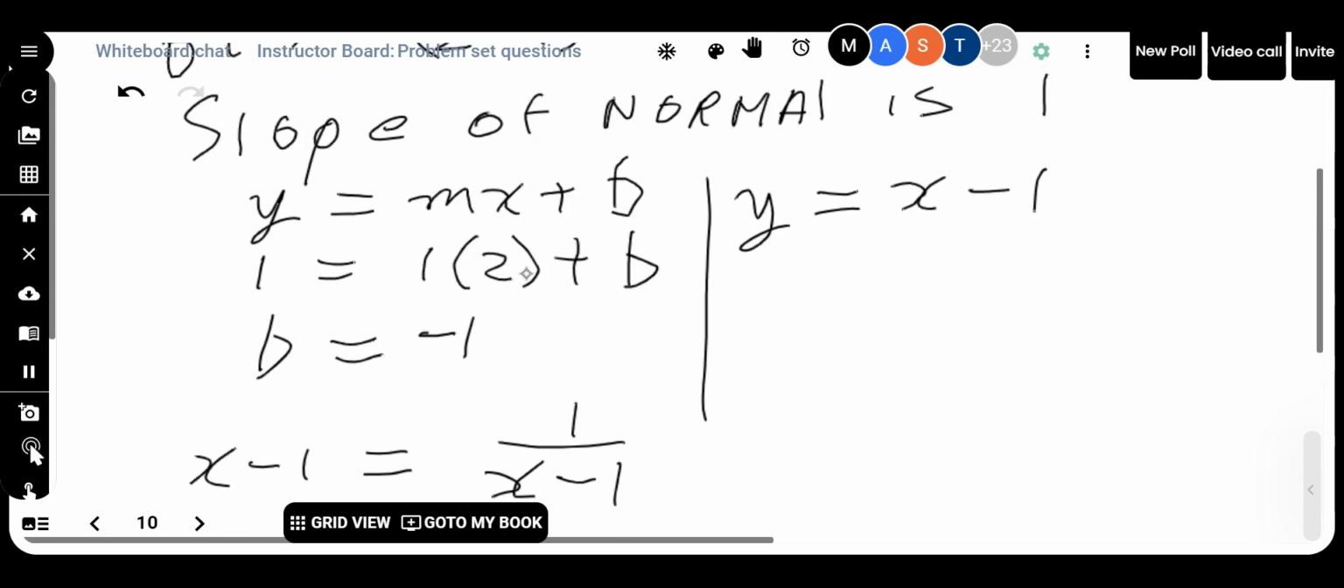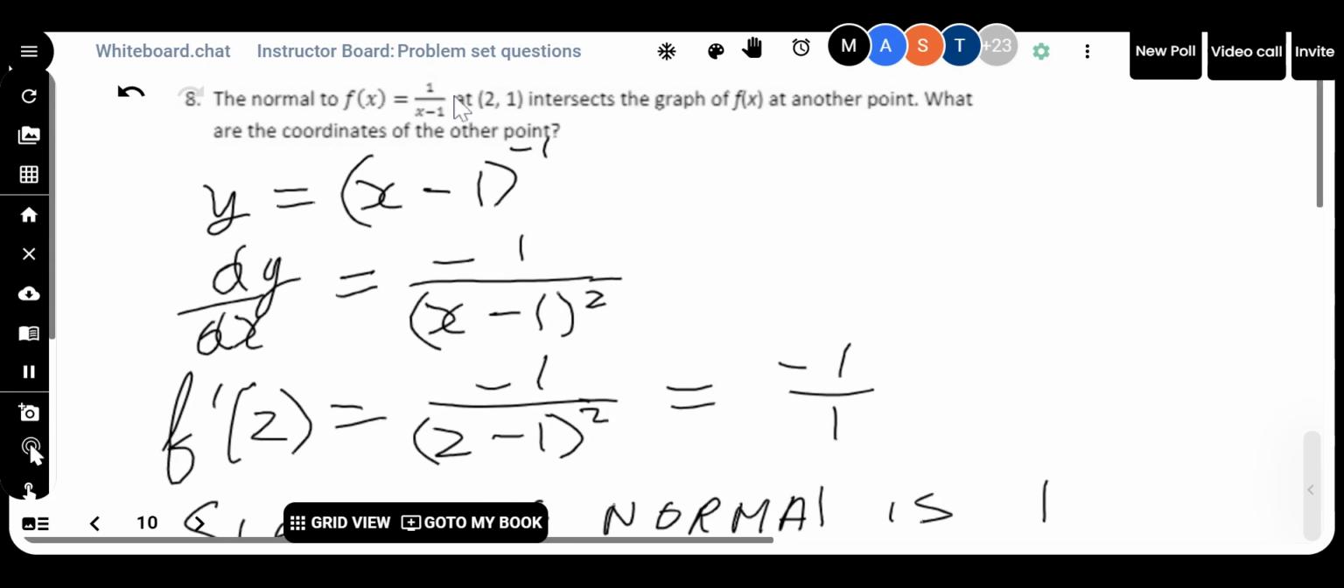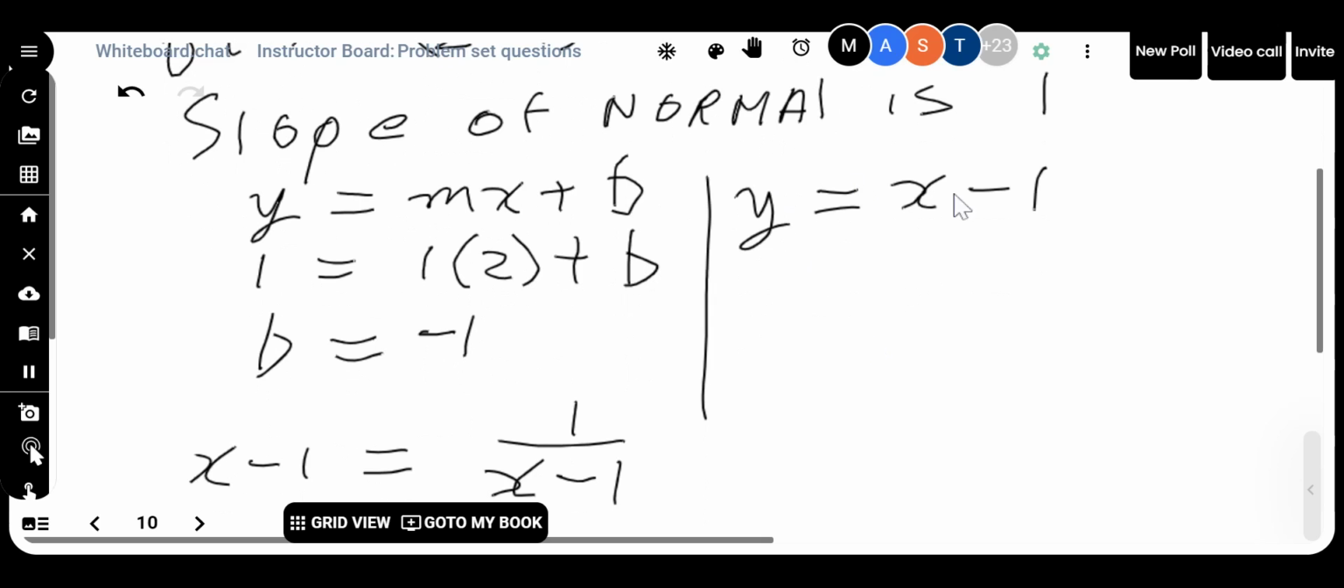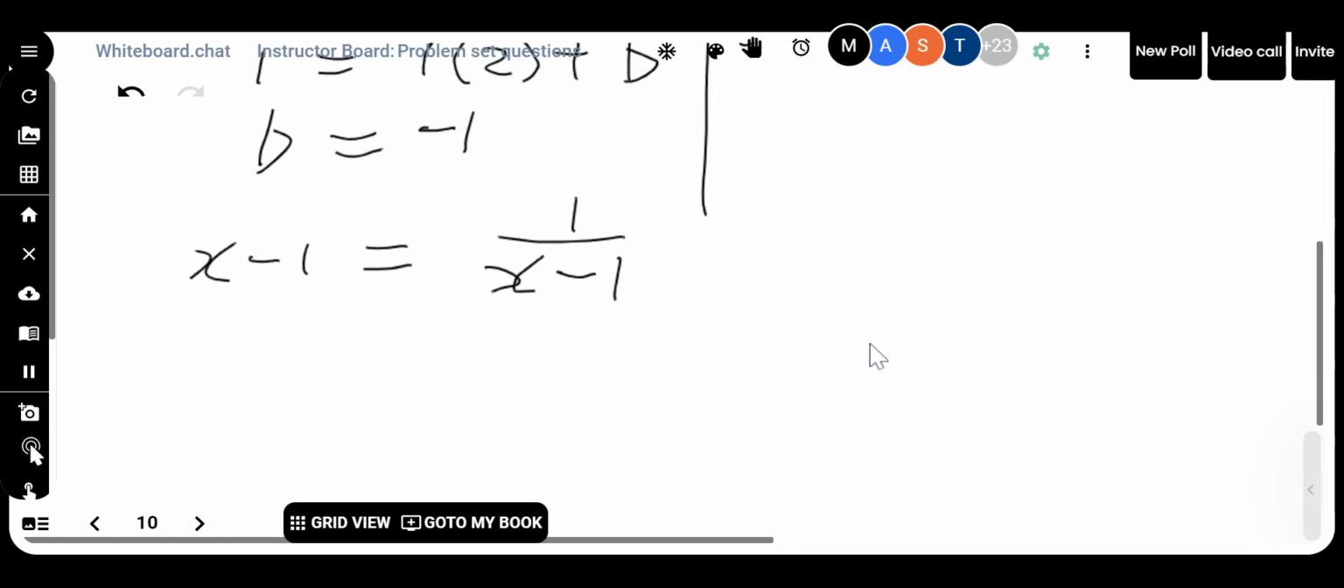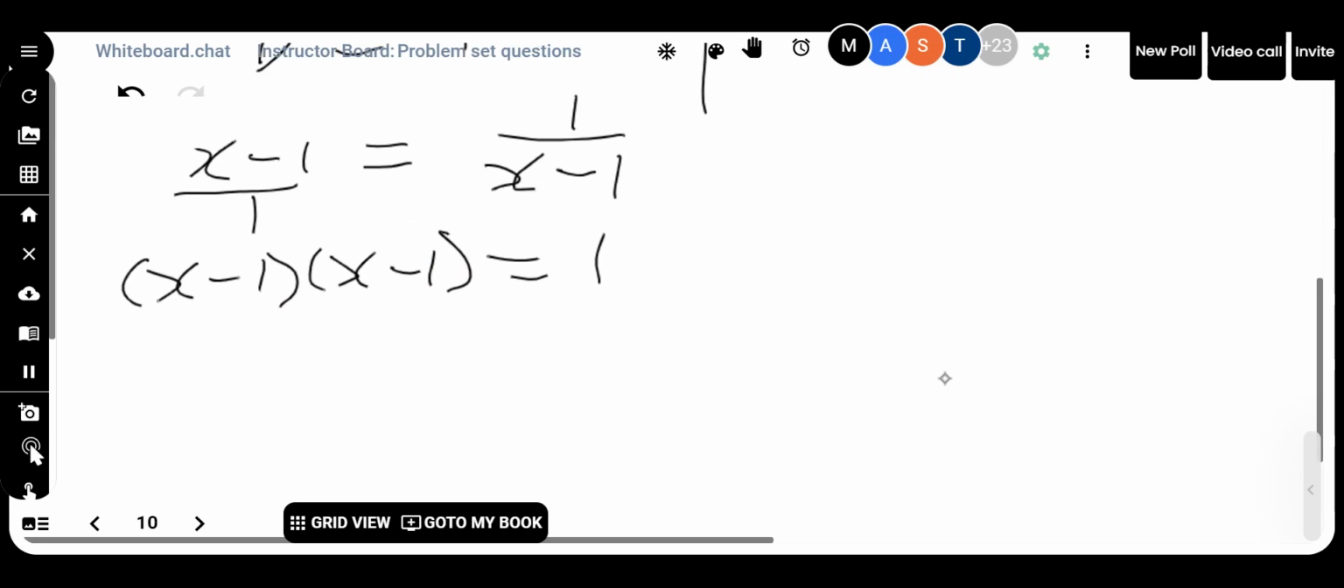x minus 1. All right, let me show you that again. Here's my original function. And I now have another equation, x minus 1. That's the normal to the curve. I want to find where this normal intersects with the other line. Just set them equal to each other. Absolutely. And of course, we've done this cross multiplication before. So it's going to be x minus 1 times x minus 1 is equal to 1. Okay, so I'm really squaring x minus 1. So that's going to be x squared minus 2x plus 1